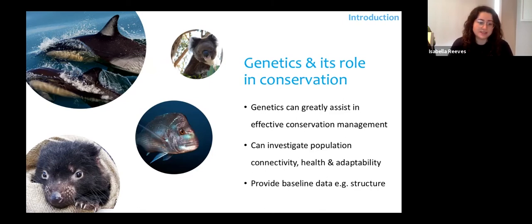Another example is the Tasmanian devil. They are a species that can be quite succumbed to diseases such as cancer. So being able to understand the relationship between the species and diseases is obviously quite useful for policymakers when making the best policy decisions for the species. You can also look at things like how adaptable a species is to an environment. And this is obviously quite important in the face of climate change and looking at how species may persist.